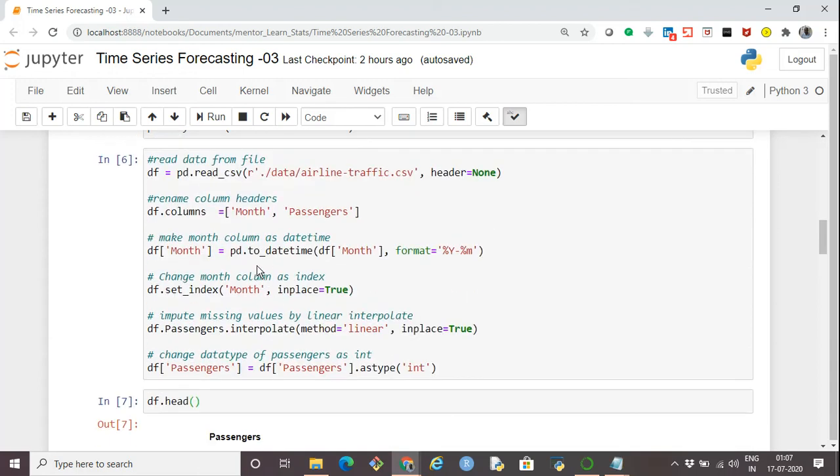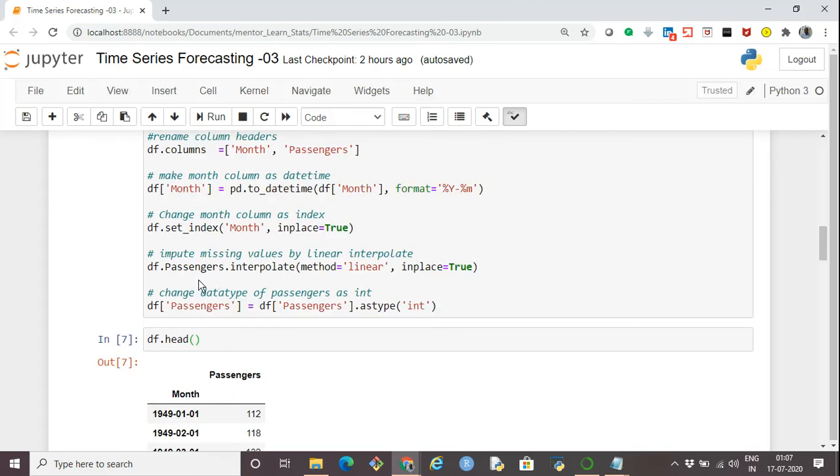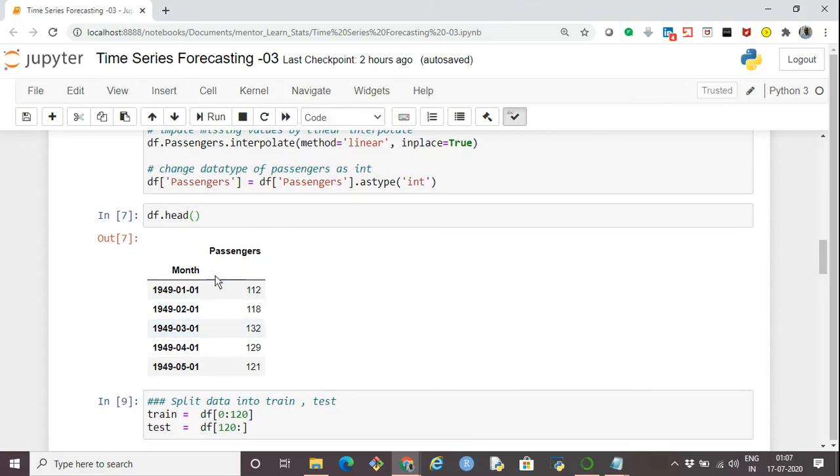Like we did in the previous session, we are importing data from the airline traffic CSV file, setting the column headers as month and passengers, converting the month to datetime, and setting the index as month. For the missing values, I'm imputing using the linear interpolation method, and finally setting the passengers data type as integer. So this is what our data frame finally looks like.